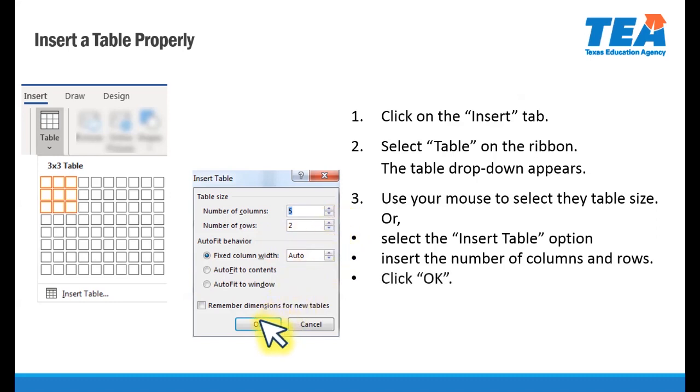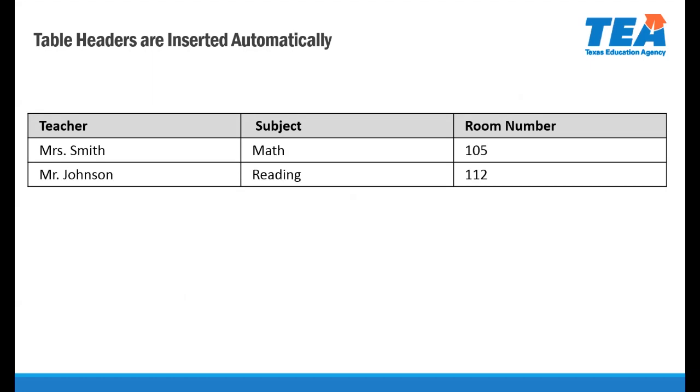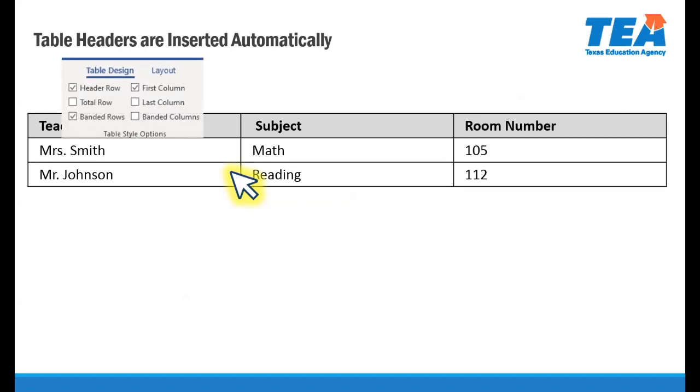When you click OK, the table gets inserted where your cursor was. A new feature in Office 365 is that table headers are now applied automatically to tables. To see or change the table headers, click anywhere on the table. This will create two new tabs for table, one called Table Design and the other Layout. Click on the Table Design tab to open the ribbon and find the table headers in the Table Style Options